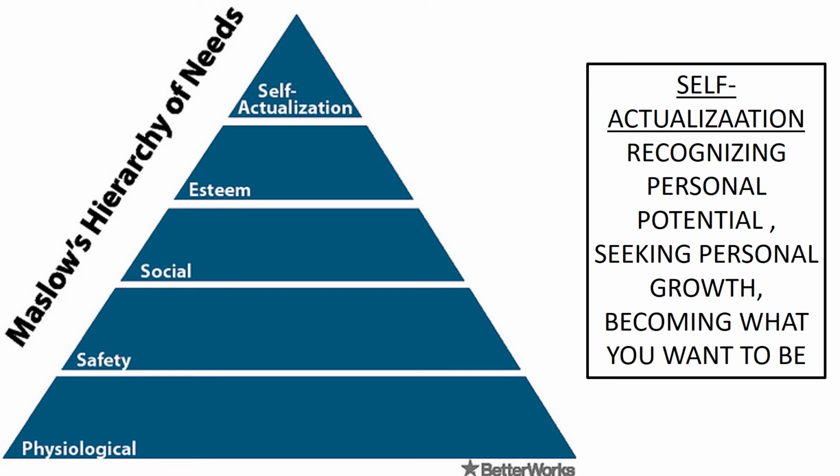Finally, we have self actualization, where you recognize your own personal potential and you're seeking your personal growth and becoming what you want to be. So in esteem, we were wanting to become better and seek mastery of things because of the opinions of others. But now we've recognized our own abilities, and so now we're building that up and becoming what we want to be, and we're recognizing our own potential. And this is something that can take a long time for a lot of people, even though we have people who may be in the esteem area of their life, they're going to be looking at self actualization